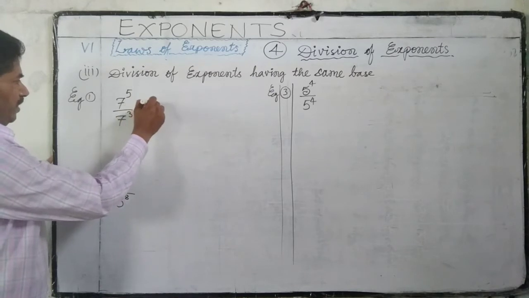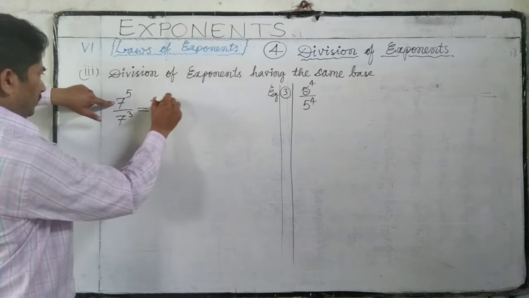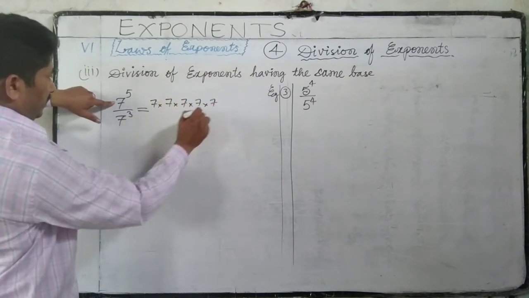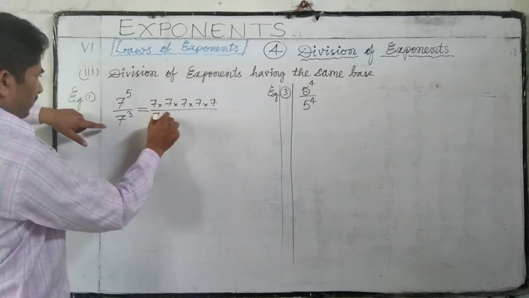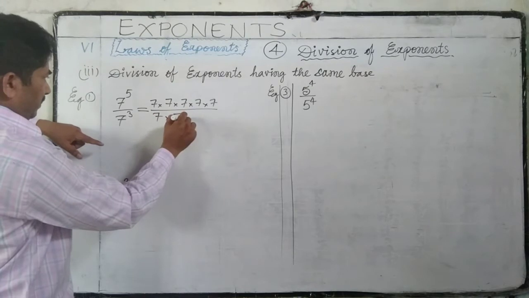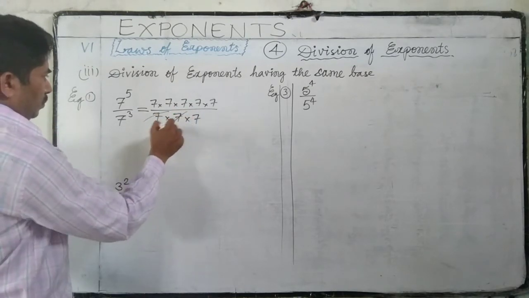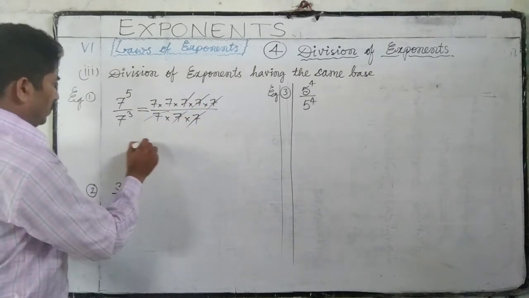Seven to the power of 5: we have to write 7 five times, 7, 7, 7, 7, 7, divided by 7 three times, 7, 7, 7. So cancelling 1, 2, 3 with 1, 2, 3, it is equal to